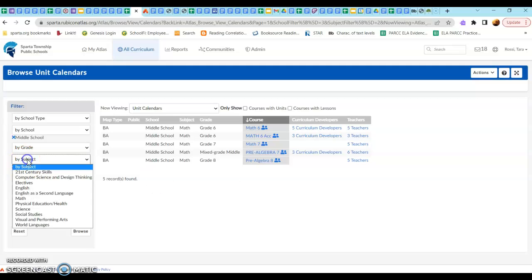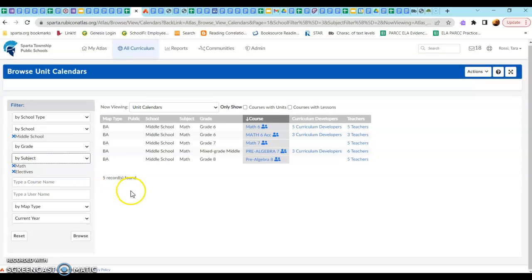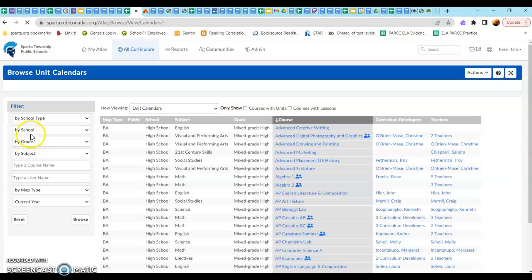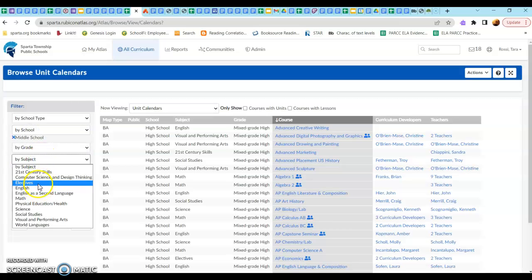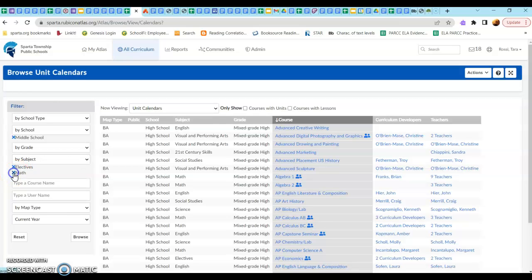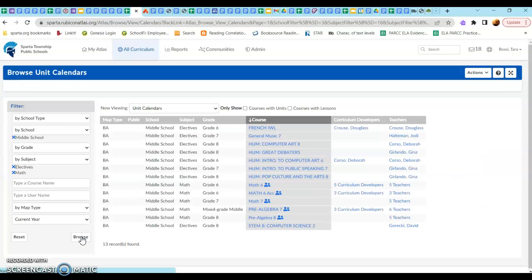Sometimes what I've noticed is that some things have been noted as electives. So I just want to take a quick look at that and see if that alters the list for us. So elective and math. Right, so we have some additional math classes, and for some reason, some of them, we do have electives here, like computer science,